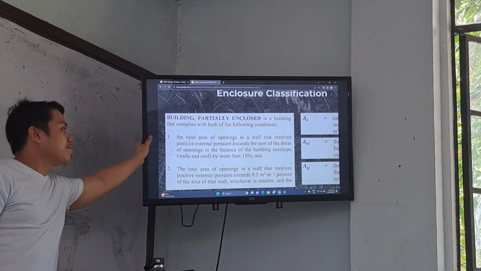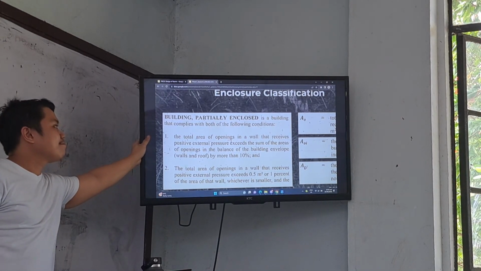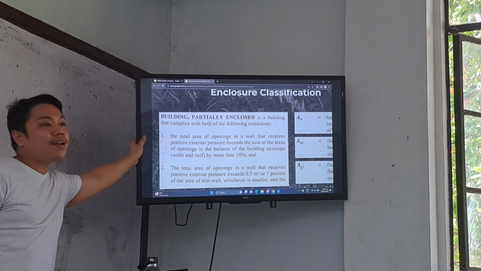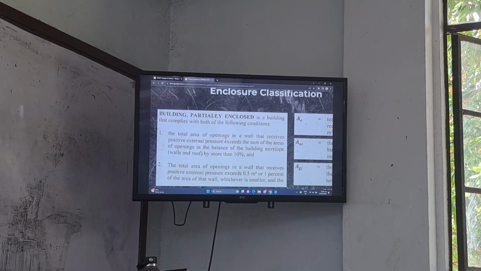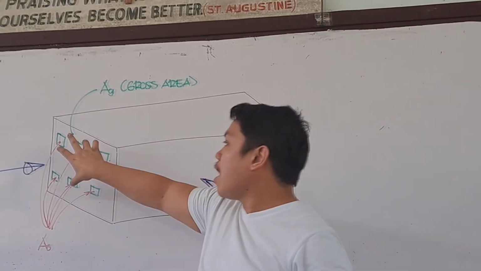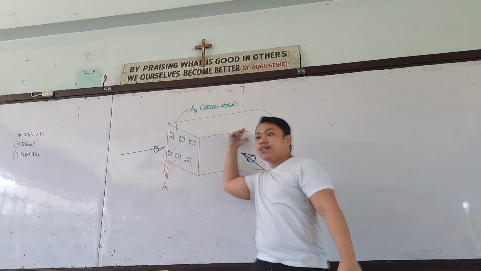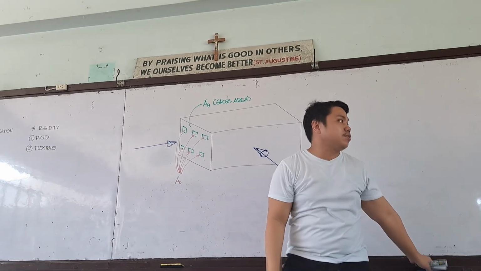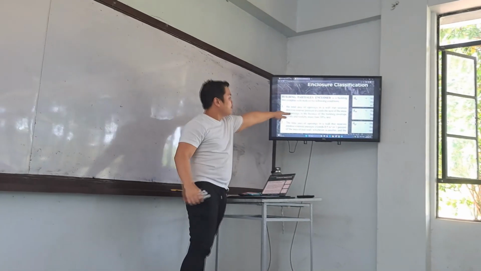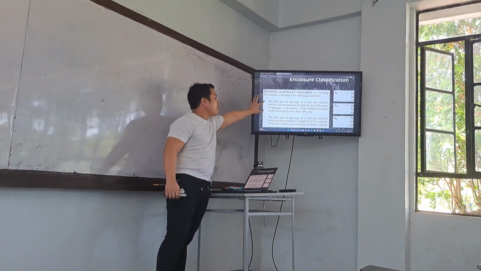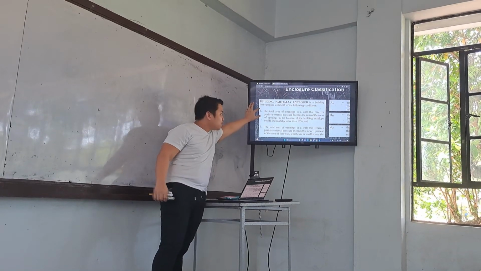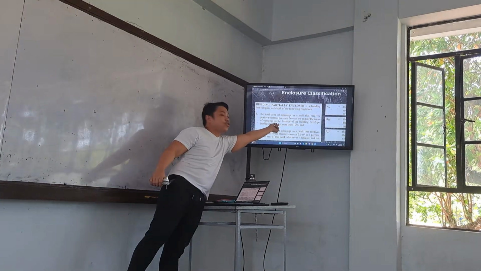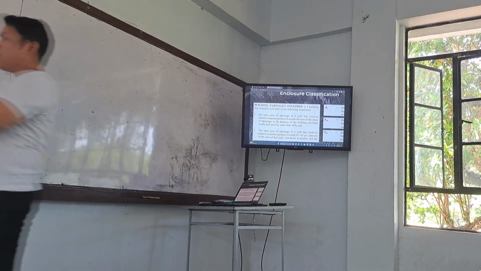Paano mo siya ma-interpret? Exceeds the sum of the areas of openings in the balance of the building. So meaning, if we will have our windward wall, may openings sa other sides ng atong building, either sa leeward kasi iya nga side walls. Okay, if ever ang atong opening sa ina nga wall is more than 10%, okay, so we can consider atong na first condition pa lang. But we need to satisfy also our second condition. Na important na ang balance of the remaining openings sa atong building and below. Kaya ang atong na hangin, once magsulod sa building,